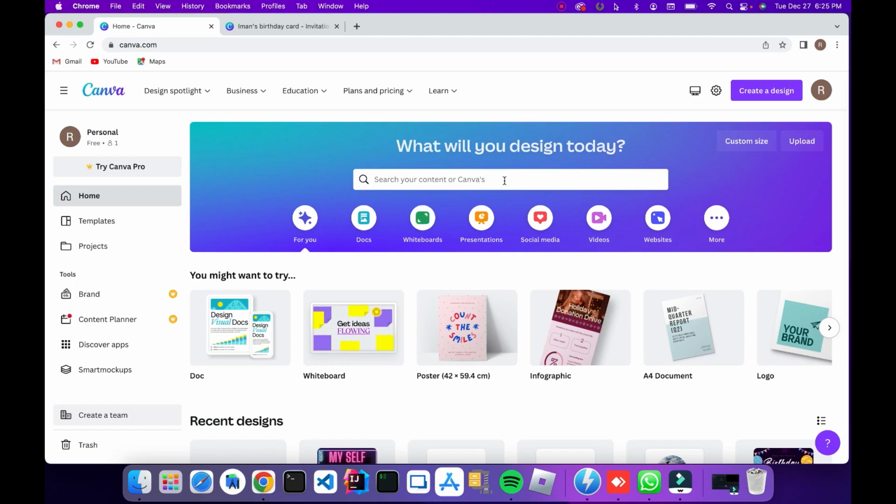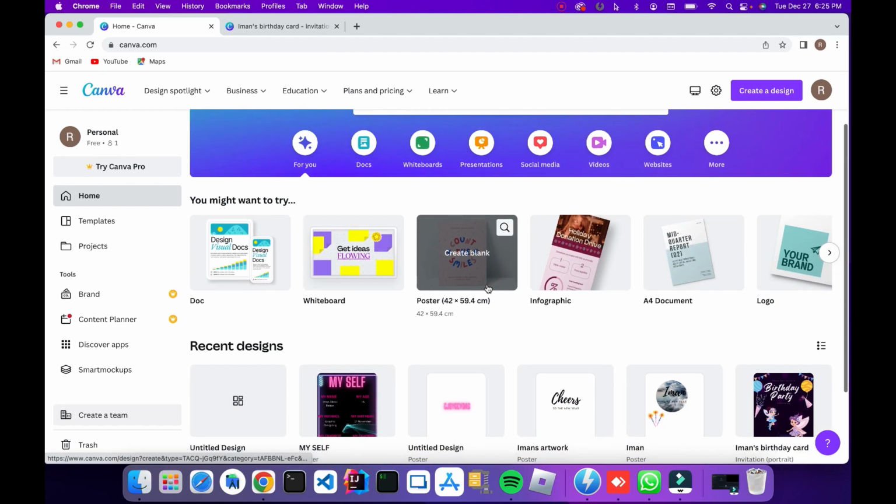Yesterday we learned how to do it with templates, but today we're going to learn how to do it with a blank canvas, which means we're going to work on a blank page and we're going to know how to make stuff ourselves. Okay, so if we come on Canva, you will scroll down a bit and you will see